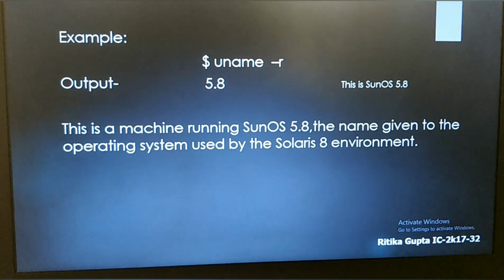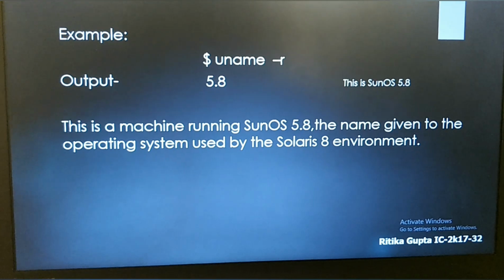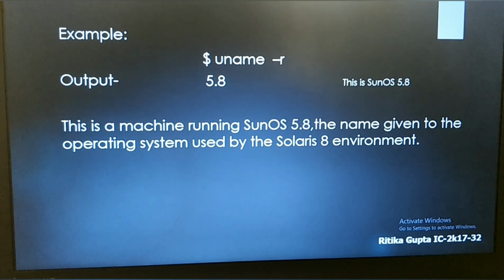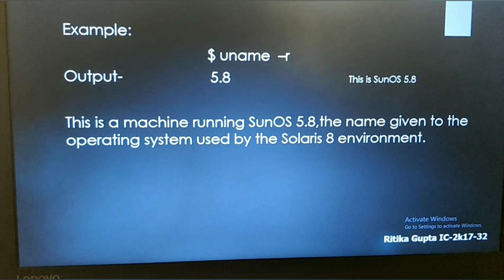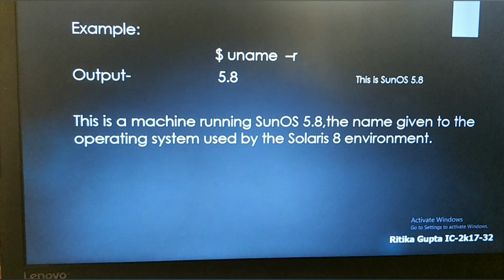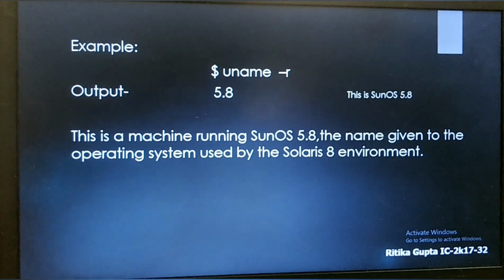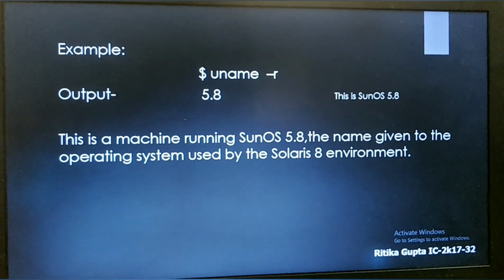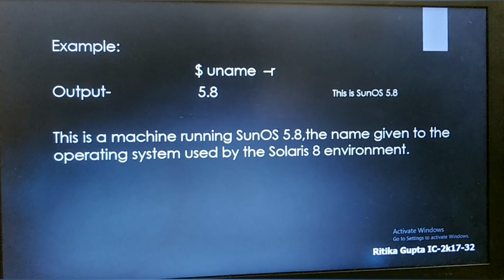For example, when we use $uname -r, we get an output of 5.8. Now this is a machine running SunOS 5.8, the name given to the operating system used by the Solaris 8 environment.